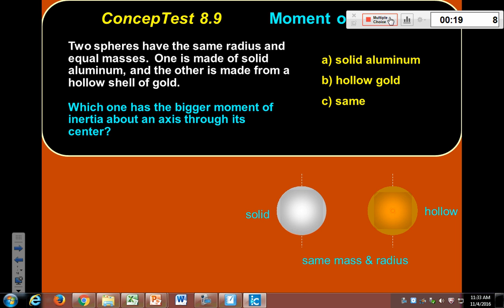Which of these has the bigger moment of inertia about an axis that goes through its center? The solid aluminum sphere, or the hollow gold sphere, or do they both have the same? I mean, they're the same mass and same radius. So,